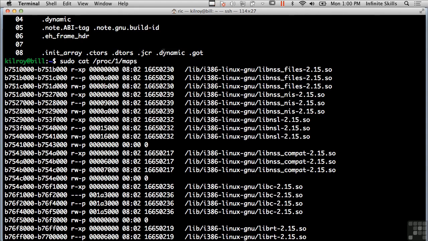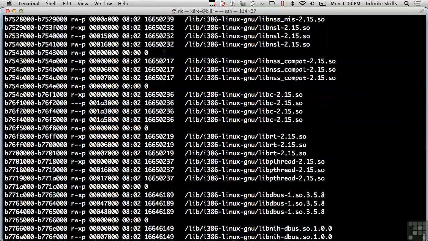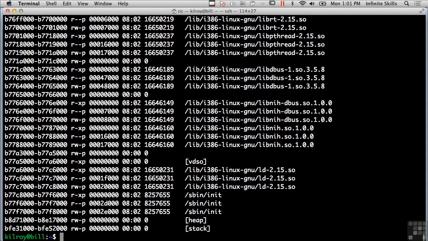So we've got the libnss files, and down lower we've got the libc, so that's the standard C libraries. Now, the ones that don't have a file associated with them actually belong to the program itself. And you can also see down at the very bottom, you can see where the heap is and